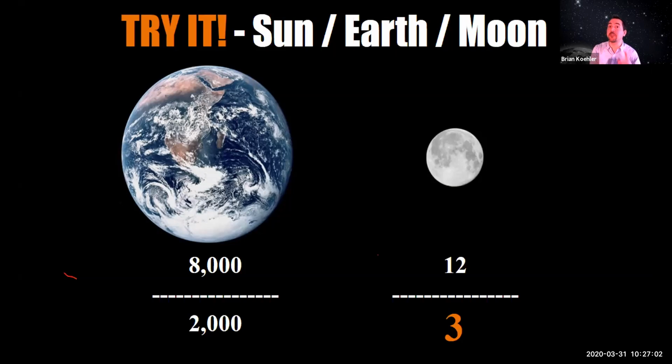Now that's a little different from the moon, which is so much closer to us. The moon is 1 light second away from Earth, which means it only takes the light shining off of the moon 1 second to reach Earth. That's the little delay we've got, not nearly as big a delay as with the sun or with these other objects. Now, just to finish that sentence, when we talk about what a light year is,